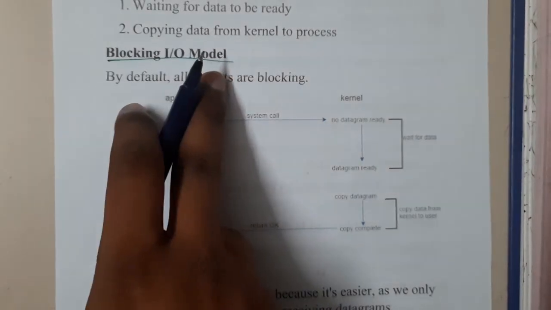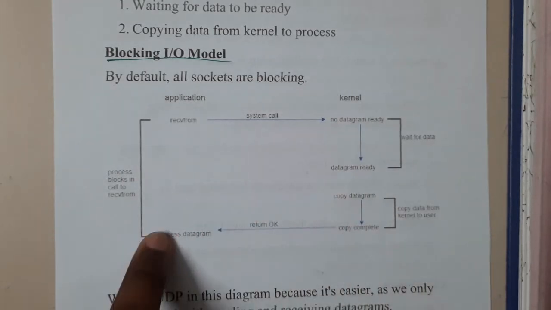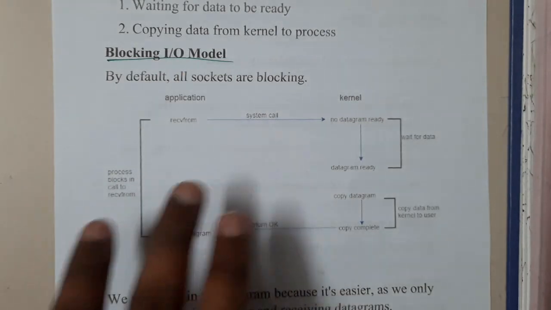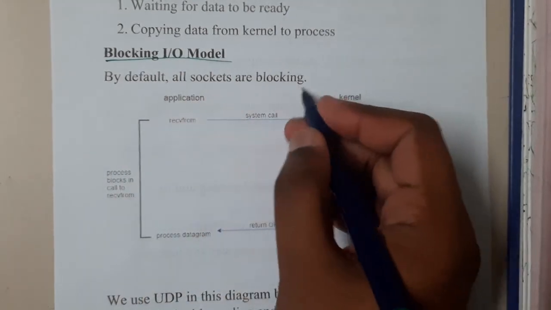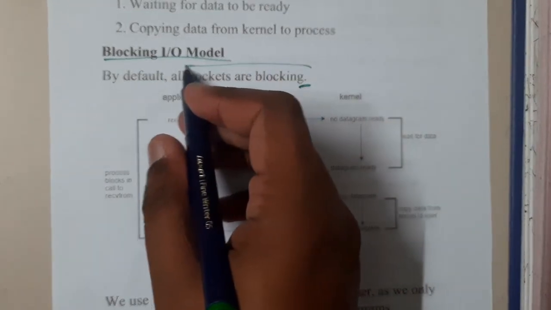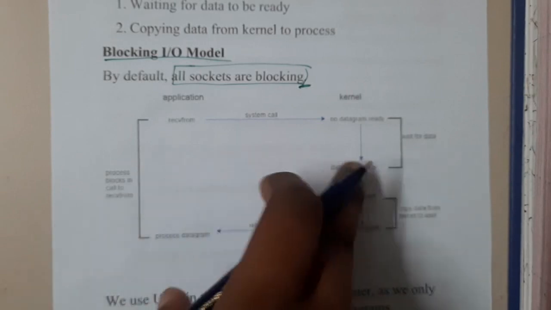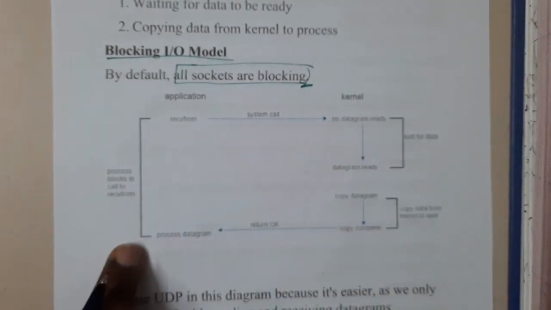Okay, so in the blocking input output model, you start and do all your process and come back, guys. You're completely blocking the input output. Whatever might happen, you're not going to take care of it. By default, all sockets are blocked. Everything is blocked. Only the particular task which you are doing is active. There is no response back to you. Only you will be responding, and at the end, when everything is done, you'll get the final result.